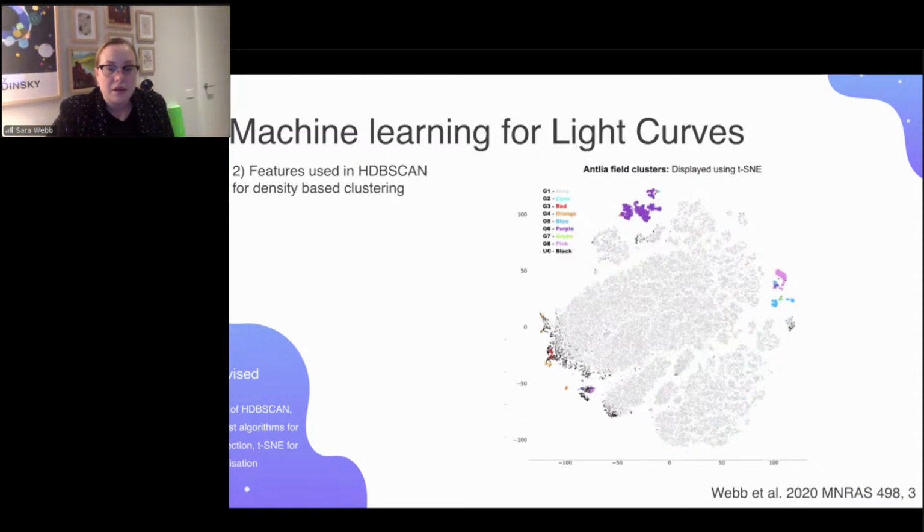This is another example of clustering done on a different field. This time the field was observed with a different method. So when we're observing with optical telescopes, we can either do a stare pattern or a dither pattern. So when you stare at a single patch of sky, the telescope's not moving. This is good because you don't end up getting janky looking light curves where sources are dropping in and out of CCDs as you dither. However, you do miss a lot of volume because of CCD gaps. You can then dither, so you stare at one spot and do a 5-point dither around it, which is good for filling in those chip gaps, so you know exactly what's happening in the field.